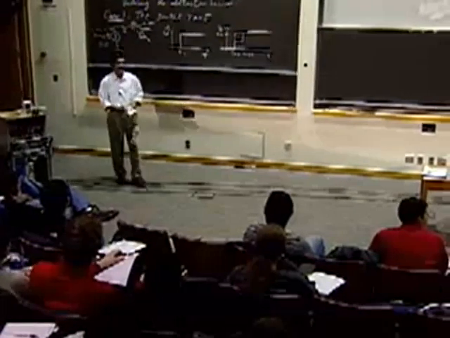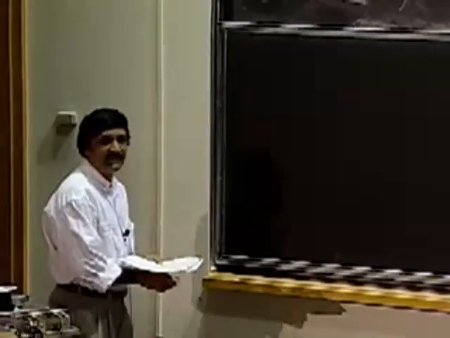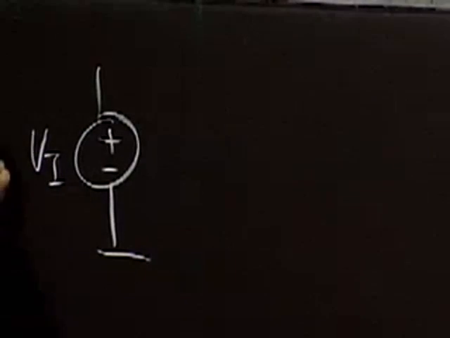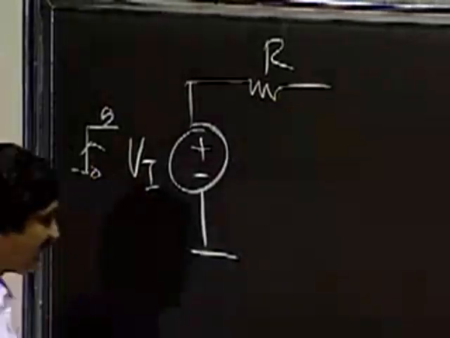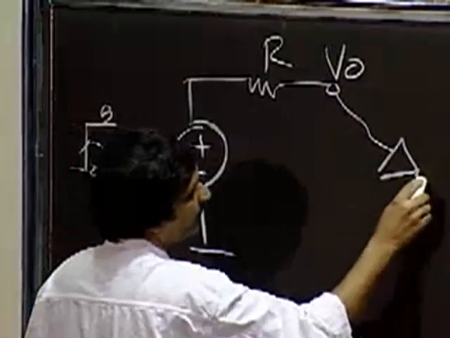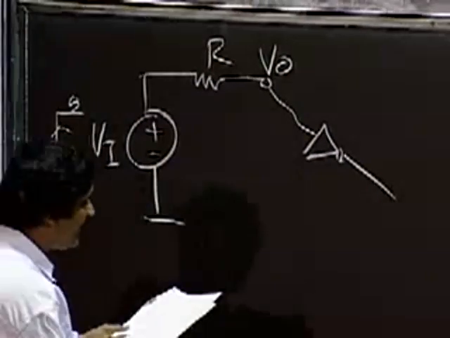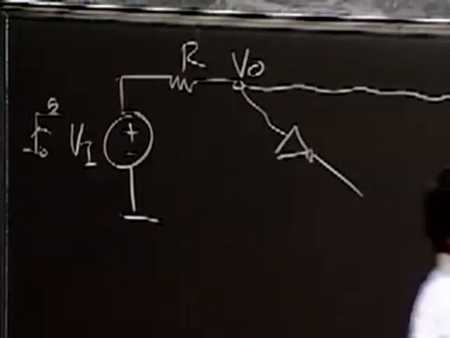So let me draw you a little bit more of a detailed circuit and see if we can explain what's going on here. So the circuit that I've drawn there is not quite the circuit I have, at least in terms of my wires. So what I have is something that looks like this, VI, and this is going to step to 5 volts. I do have a resistance R. This is VO. This does go to an inverter. But what is also happening is that I have a long wire. Okay, you see this guy here?